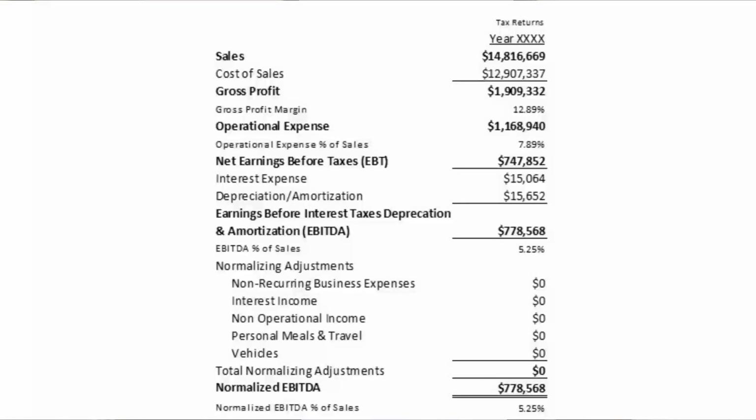To that, you add the interest and amortization expense, and that gives you an unadjusted EBITDA of $778,000. The next section below that is for non-recurring business expenses, interest income from, say, savings associated with the balance sheet, non-operational income, or personal property, meals and vehicles that are not business related. In this example, we didn't have any, so the normalized EBITDA for this company for this year was